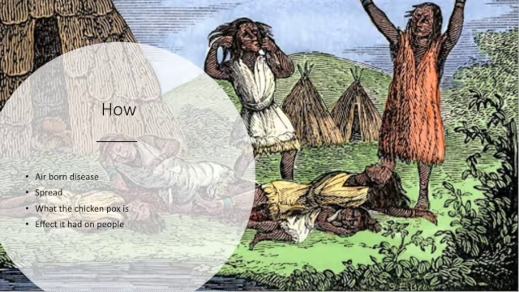Chickenpox, also known as the varicella zoster virus, VZV, is an airborne disease. What this means is that when you are exposed to the virus, you must inhale small particles that are floating in the air to contract this disease. These particles can come from things such as coughs, sneezes, and the exchange of saliva. Because this is an airborne disease, it is easily spreadable. So when the Europeans came over to North America, they also brought the chickenpox with them, which was, again, easily spreadable.